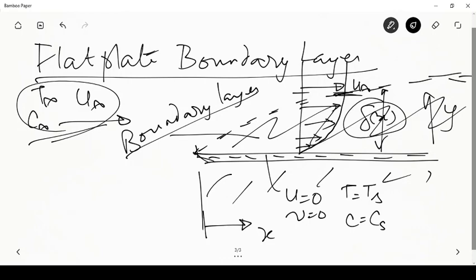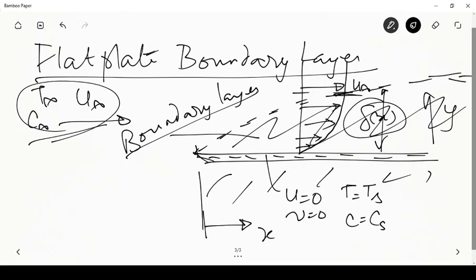In large applications, like for example the flow over the wings of an airplane, whose span itself, the width itself, may be of the order of anywhere between 5 to 10 meters depending on the size of the aircraft, then the boundary layer thicknesses can grow to a few centimeters. Okay, but bulk of the applications that we normally look at, the boundary layer is usually of the order of a few millimeters in thickness. Okay, so now much of the